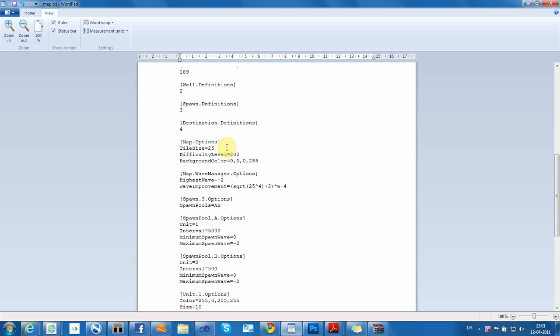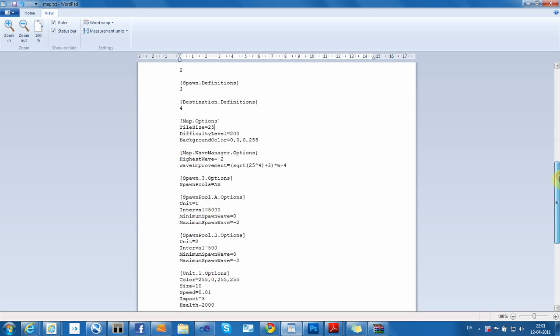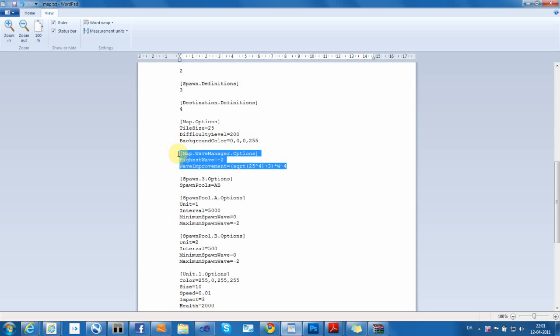I can adjust the background color. Now here's some other stuff. The wave manager options don't really work yet. They're experimental, but they're basically going to define what's the highest wave to complete this map, -1